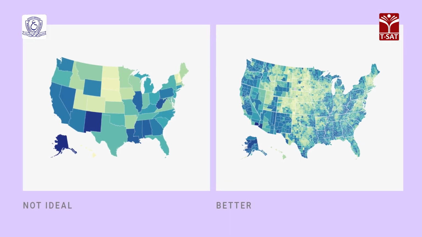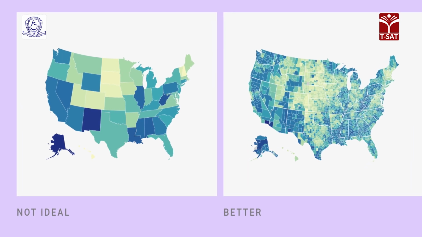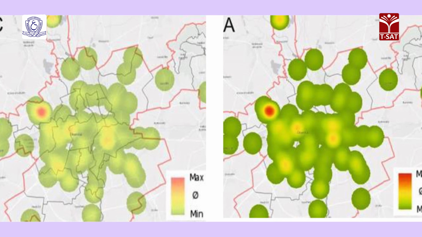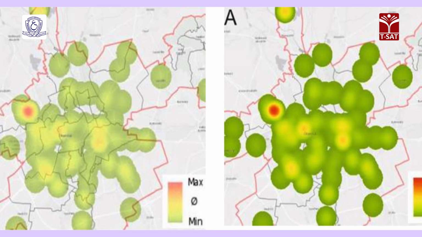GIS packages such as ArcGIS use the term graduated color map to cover the choropleth and dasymetric maps because both map types use a graduated color scheme to show the variation in